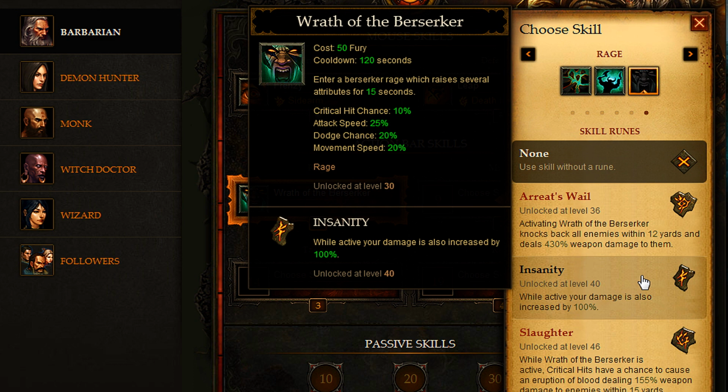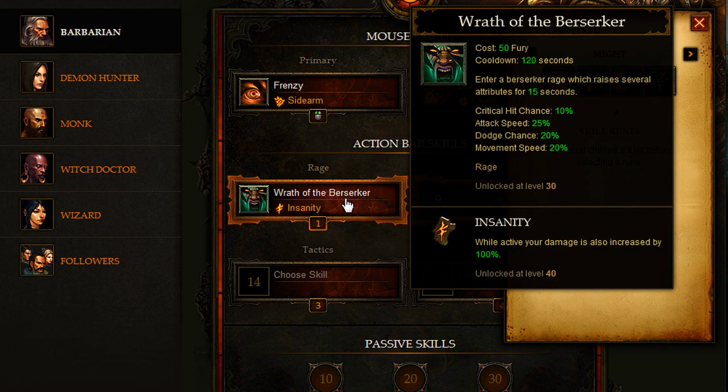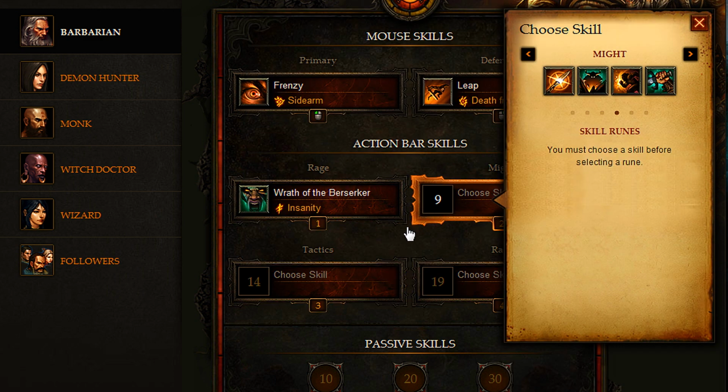It makes it to where your crit hit chance increases by 10%, attack speed by 25%, dodge chance by 20%, and movement speed by 20%. Now, all those things really don't sound that great, and it costs 50 Fury, and it has a 120-second cooldown. But when you use the Insanity rune, your damage is also increased by 100%, so your damage is doubled. So you use Insanity, and that'll give you double damage for those 15 seconds, which is really a lot of damage. Now, this skill is for Act 1